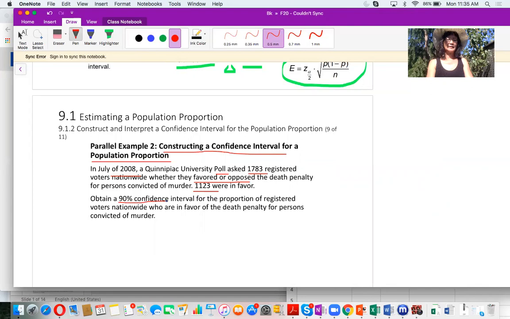Obtain a 90% confidence interval for the proportion of registered voters nationwide who are in favor of the death penalty for persons